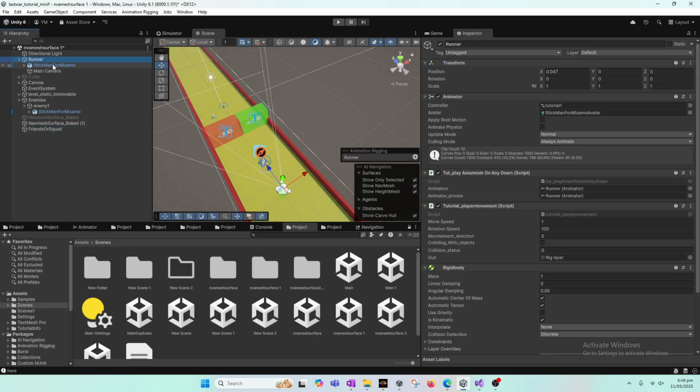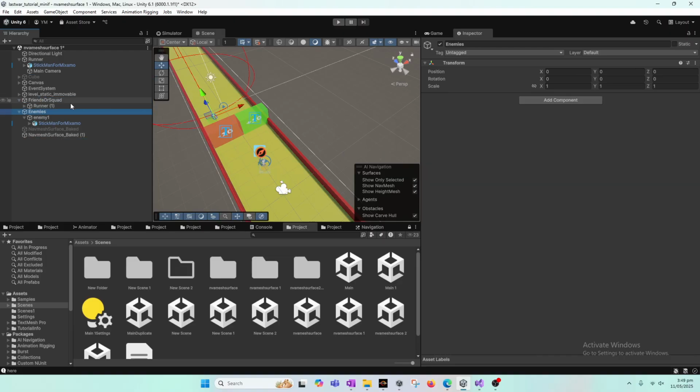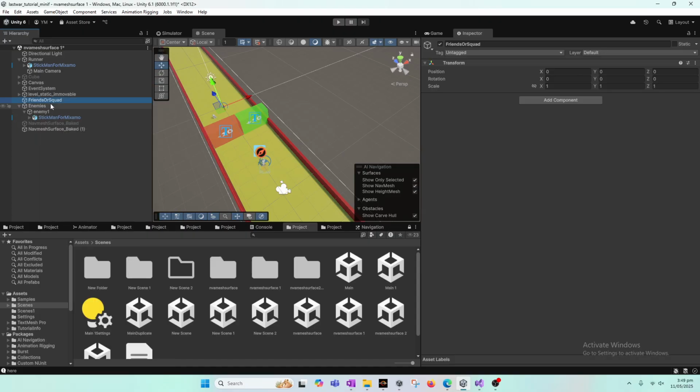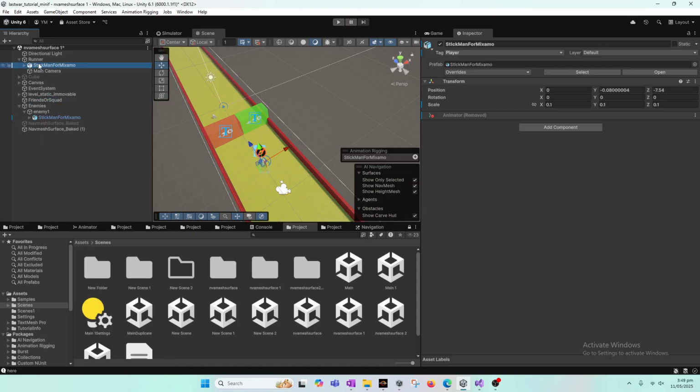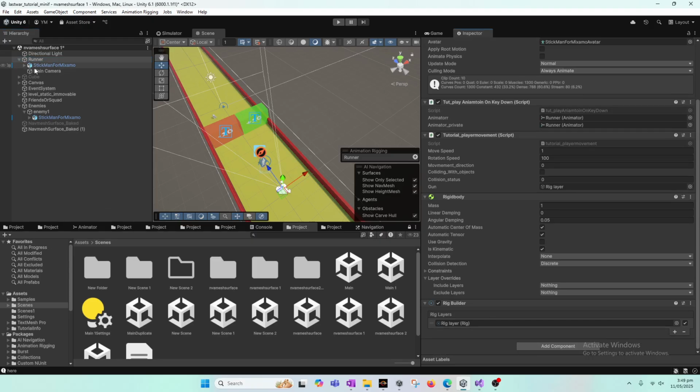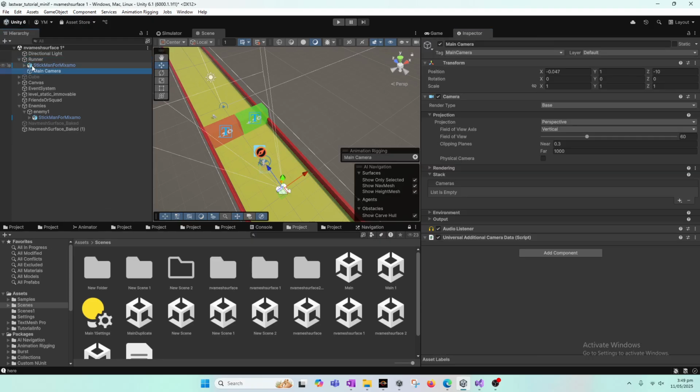So what we will do is press Ctrl D for the runner component, and we will put it inside our, okay, first delete it to show you. So this is an empty game object, and again we missed, so we will go to,